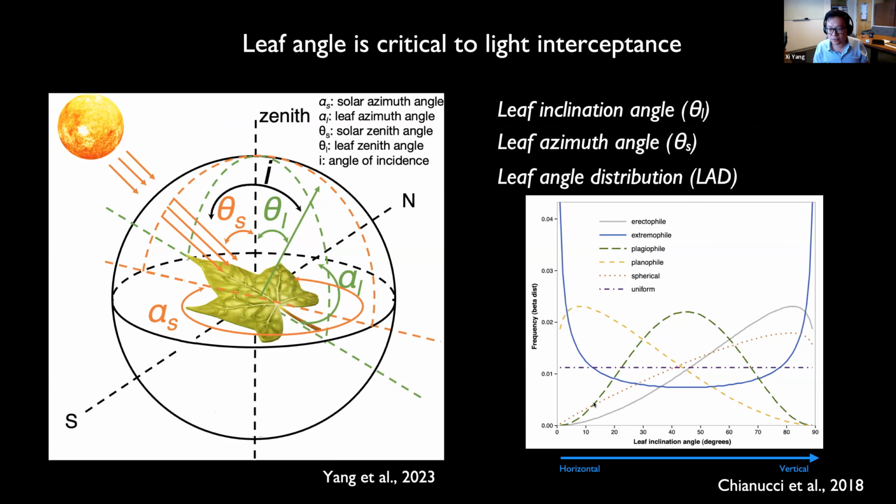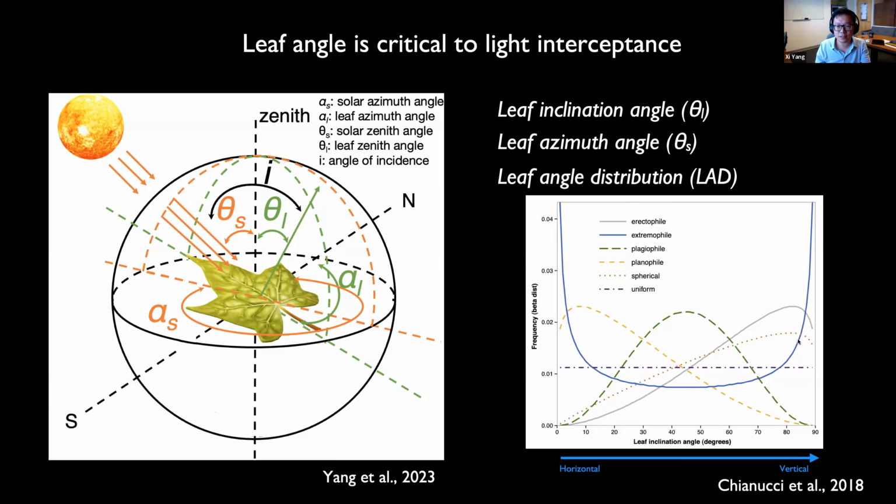That's more like a spherical distribution. Imagine you have a perfect sphere. You tape all the leaves on the canopy together to cover the entire sphere. The statistical distribution of the leaf angle of that sphere is spherical. So basically, those are the major types of leaf angle distribution. But oftentimes people just stick with those six types,